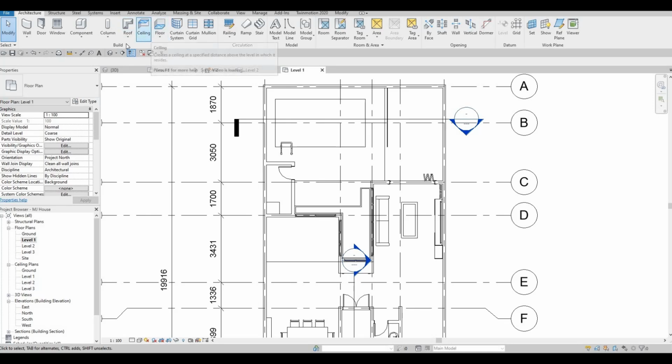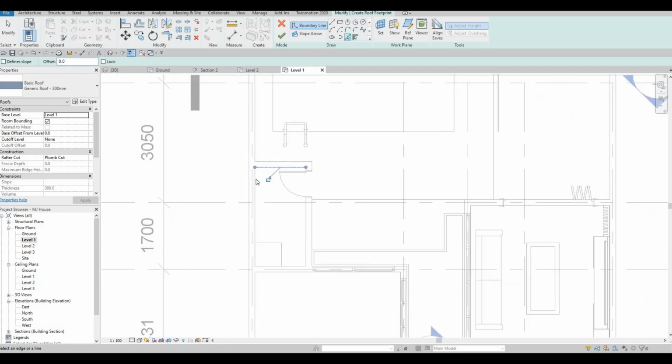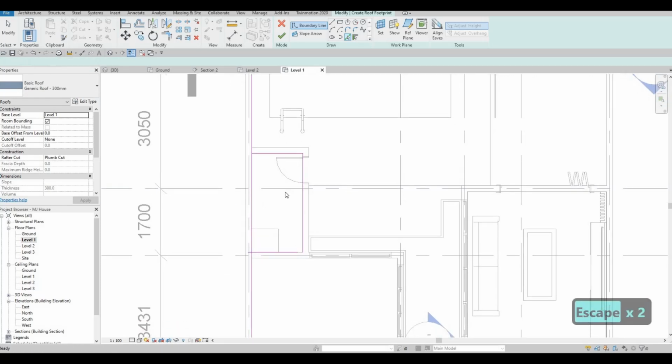So here I'm going to click on roof, make sure to uncheck the define, because if this is checked, the define slope, you will have not an angle roof. So now I'm just going to use this pick line, and then obviously I forgot to